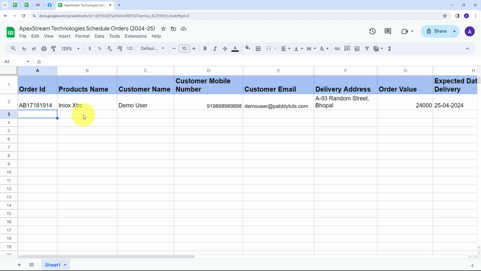So with Pabbly Connect, I'm going to build a connection between Google Sheets and WhatsApp Cloud API, so that whenever I add a new row in my Google Sheet with the detail of my scheduled order, an automated WhatsApp message is sent to my customer with their order details. I'm going to build this connection without any coding and programming skills, and for using Pabbly Connect, I have